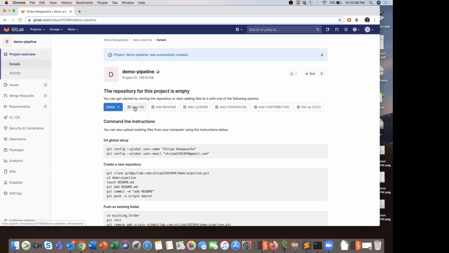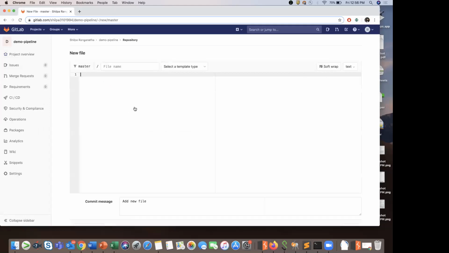So here we will have to create a configuration file. Okay, and this file is supposed to have a very specific name. So we will be naming it .gitlab-ci.yml.